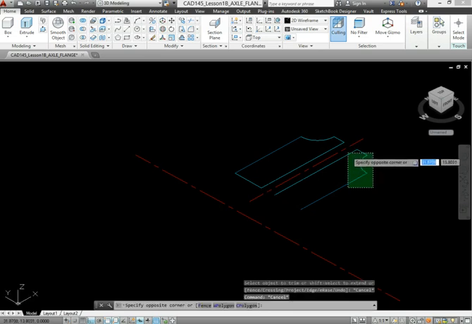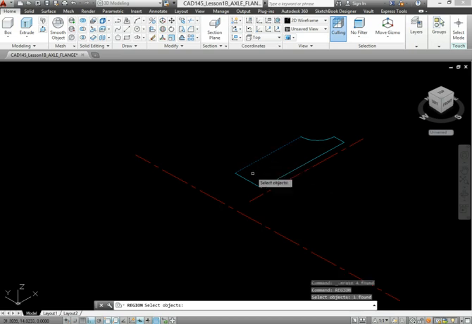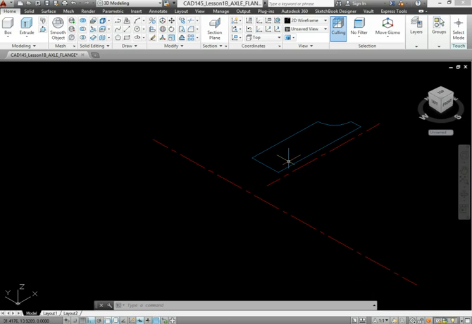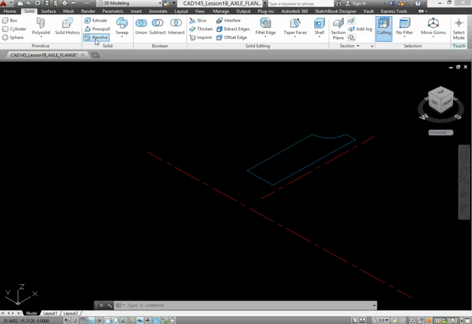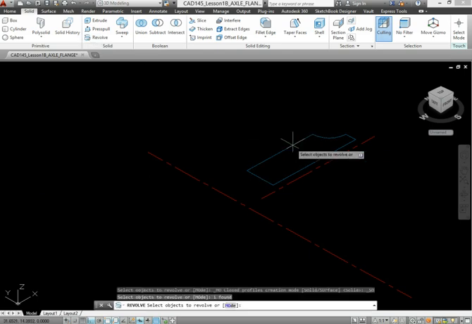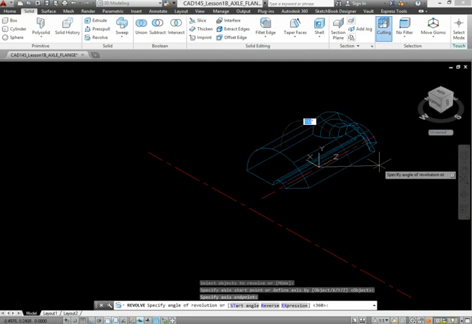Because I'm going to use the Revolve command, so all this will go away. Type in region, R-E-G-I-O-N. Select the objects that we're going to make into a solid part, and click enter. I just thought of something which I'm going to show you. This is not going to work, and I'll explain it to you, but I'm going to draw it anyway. Click on Revolve, select this feature here, enter. The axis is going to be these 2 points here and here. We're going to do the full 360, so hit the down arrow, choose 360,